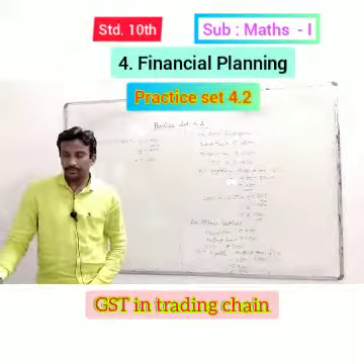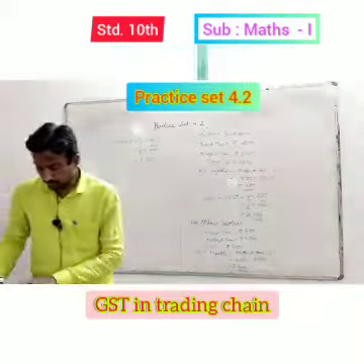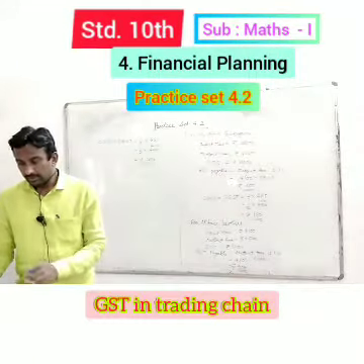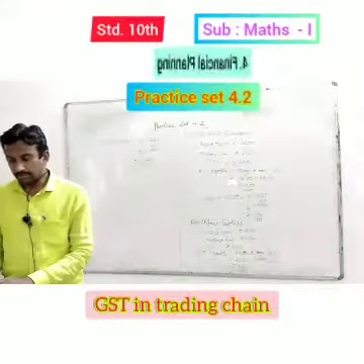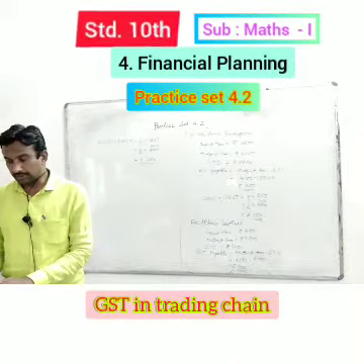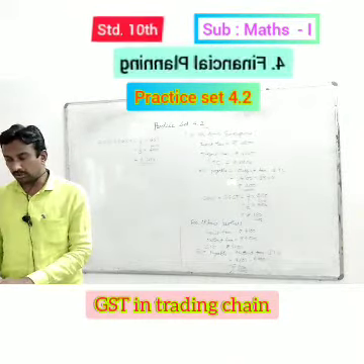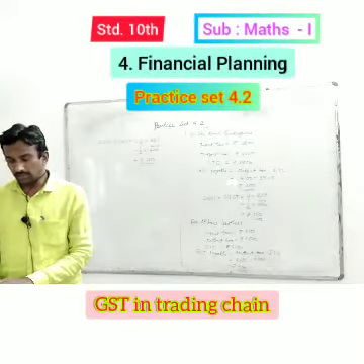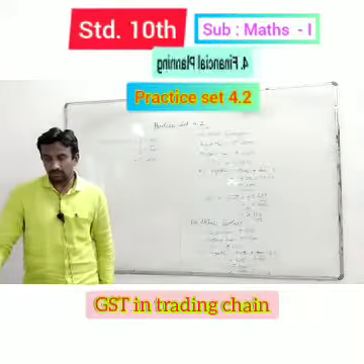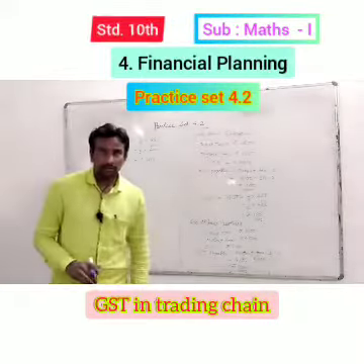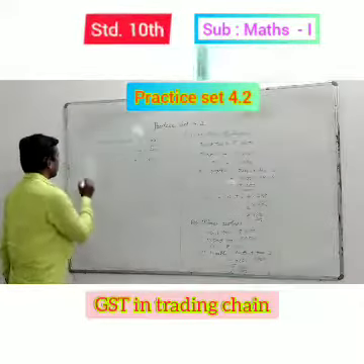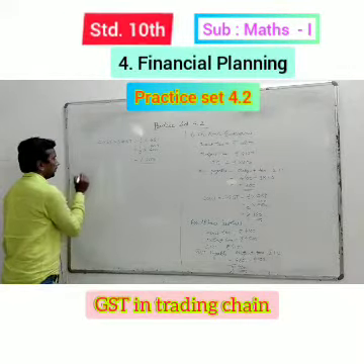Now, we will see example number 4. Examples 4 and 5 are the same, so we will take example number 5. MS Beauty Products paid 18% GST on cosmetics worth rupees 6,000 and sold them to a customer for rupees 10,000. What are the amounts of CGST and SGST shown in the tax invoice issued? Now, input tax is 18% of rupees 6,000. Example number 5.